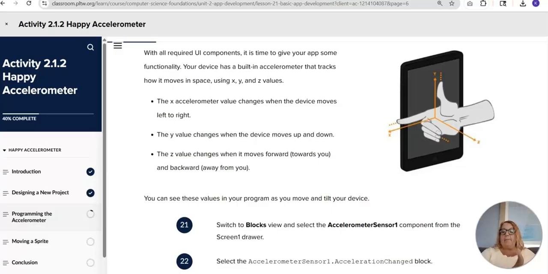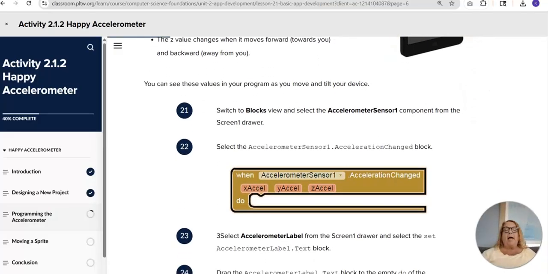and it's showing if it's this way up and down, it's Y. If it's this way across, it's X. And if the whole tablet or the whole phone, so I'll show it this way. If it's this way, it's Y. If it's this way, it's X. But if the whole phone is going up and down, then that's Z. That's a three-dimensional, okay? So it asks us to switch to blocks view and select the accelerometer sensor component from